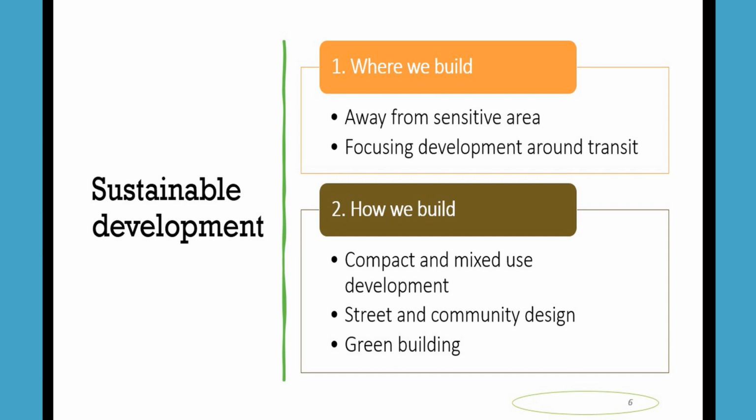Similarly, the other aspect of where we build, other than away from sensitive areas, is that it should be a compact development, or the societies should be built in a compact manner. What it means is that there should be more employment density, and it should have a mixed kind of development. Both the residential and the commercial buildings should be in and around the same area, so it will form a balance for the people who are staying there.